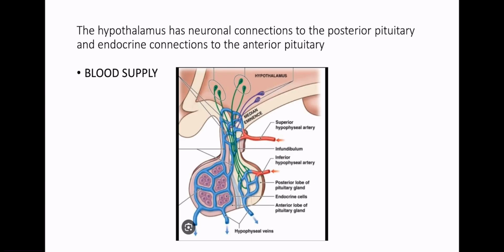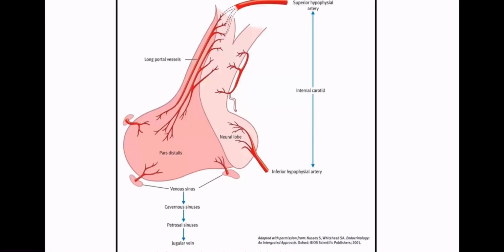Here comes the next diagram. Here you can see that the venous channels from the pituitary drain into the cavernous sinus, and from there into the superior and inferior petrosal sinuses and into the jugular vein. Now coming on to our next slide,